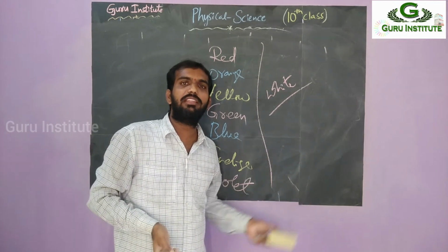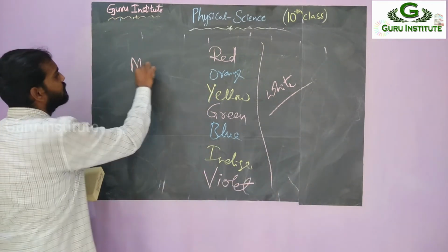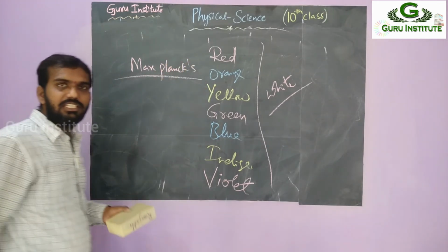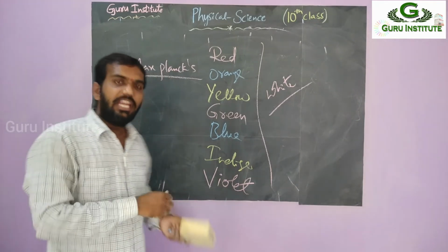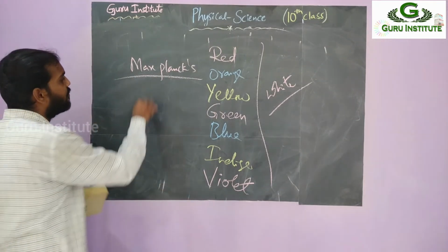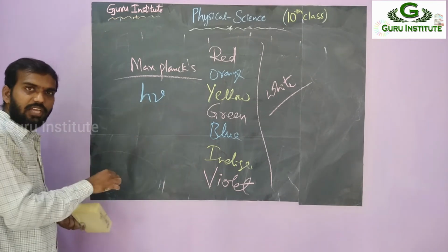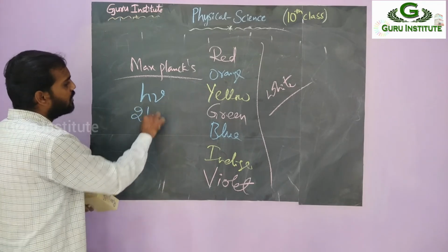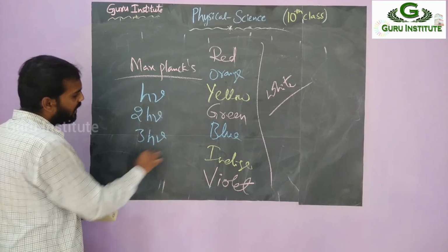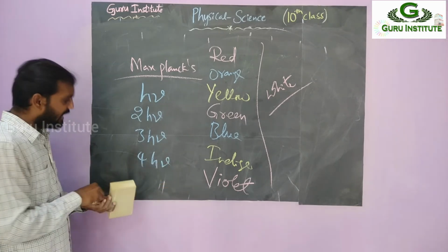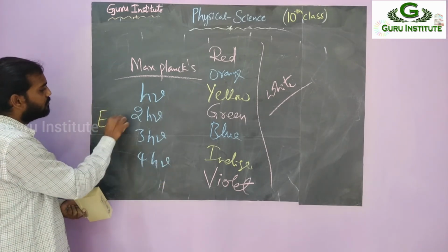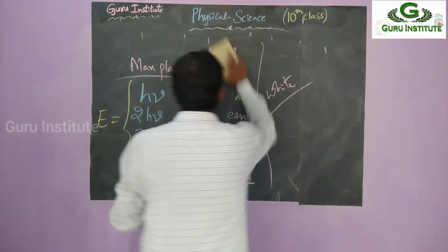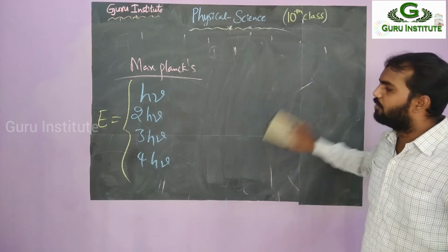So this is described by the great scientist Max Planck. It shows that whenever any object absorbs energy, loses energy or emits energy, it is in the form of multiples of h nu. That is h nu. And if it is increased more, then it becomes 2h nu. If it increases again, this is 3h nu, and again increases more, 4h nu. That means the emitted energy is always in the form of multiples of h nu. At the starting it will be h nu, then after that 2h nu, then 3h nu and 4h nu like that.